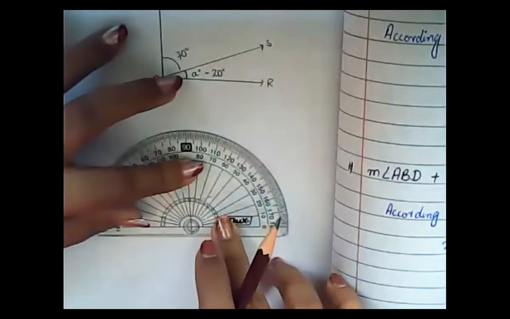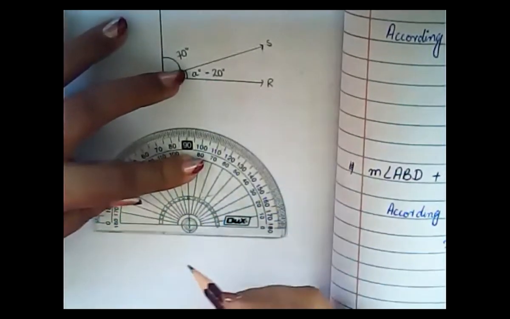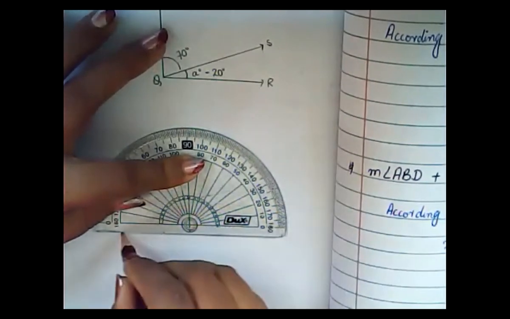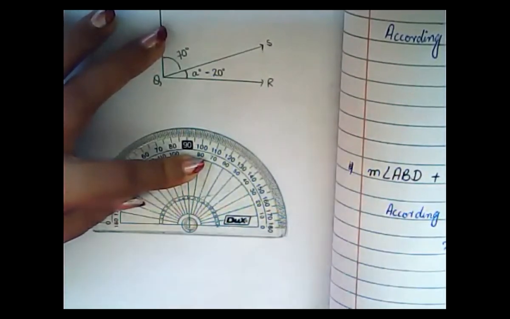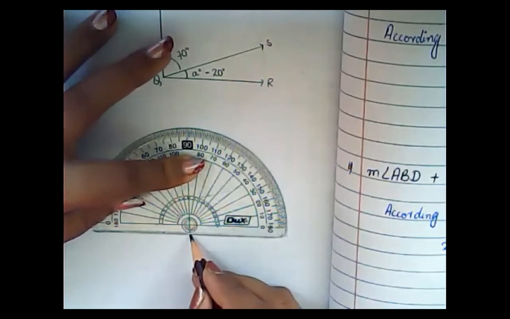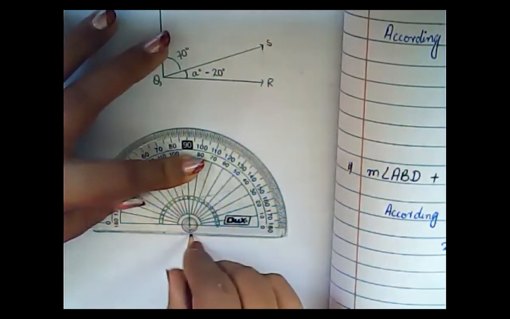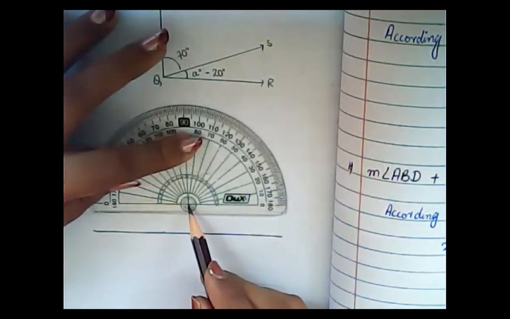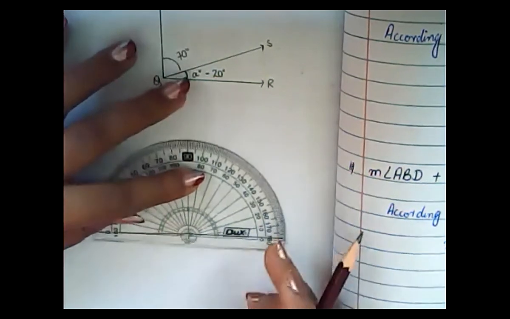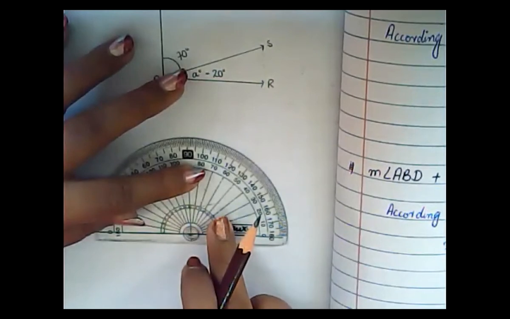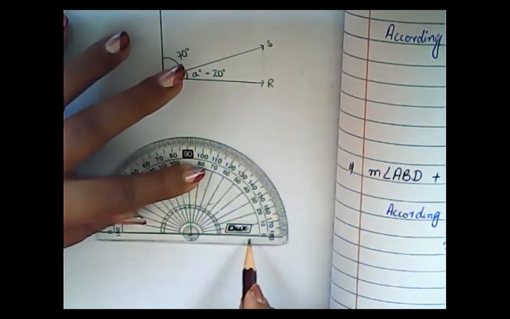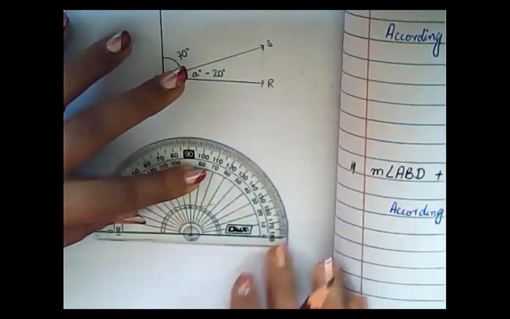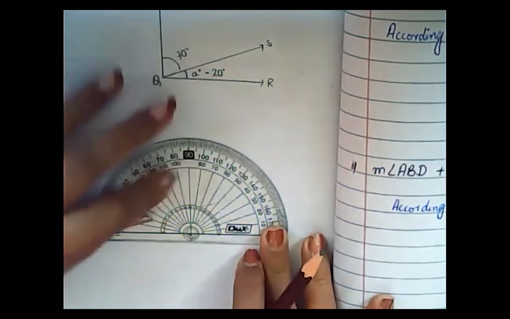First I'm going to draw a straight line, just like this. When I draw the straight angle, I am going to make this point. On this point I am going to place the center point of the D. The lines should coincide with each other, just like this. Simple, like this. Understand? Now it is clear.